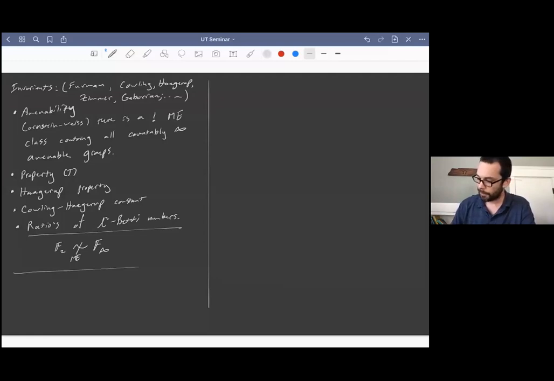There are also some fantastic rigidity results, which I'll mention. I'll just mention 2. There are, of course, quite a lot by now. The first is due to Furman, where he looks at higher rank lattices. And the second I'll mention is due to Kida, where he studies mapping class groups.